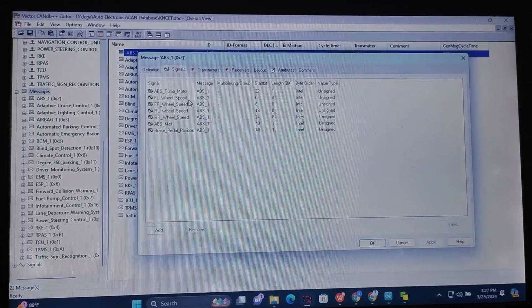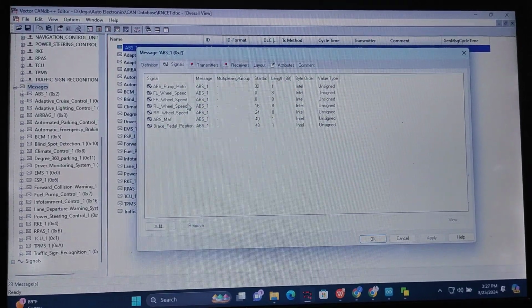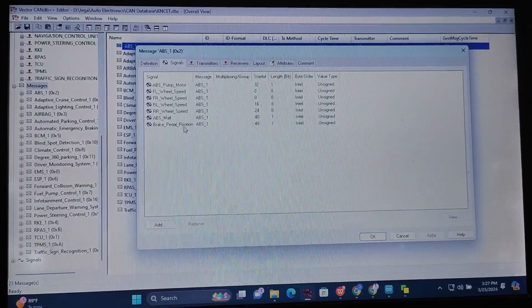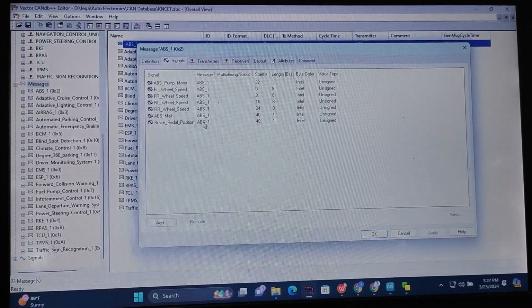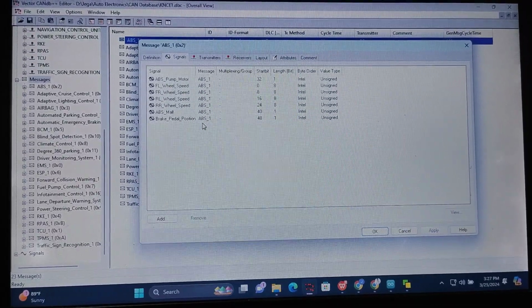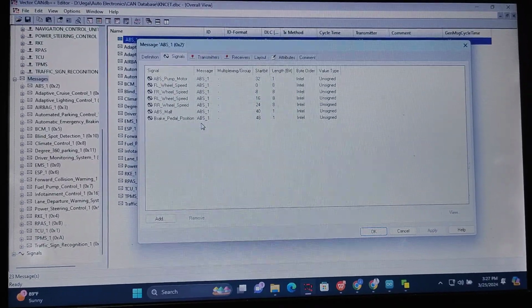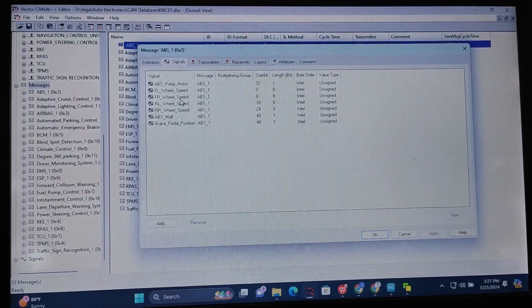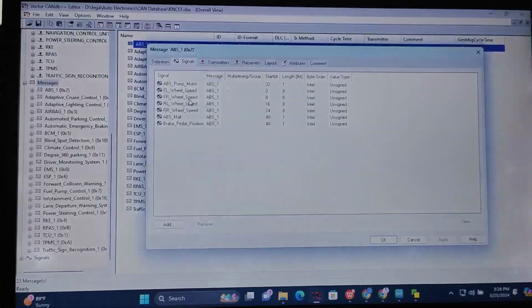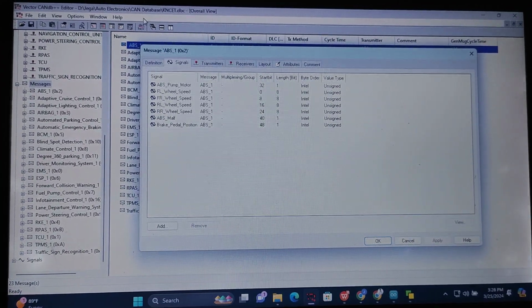FL wheel speed means front left wheel speed. Same like that, front right wheel speed, rear left wheel speed, rear right wheel speed, ABS malfunction, and then brake pedal position. Okay, so these are the signals we need for the ABS. So the ABS ECU needs some signals. So we are creating some signals and we can give the ranges,